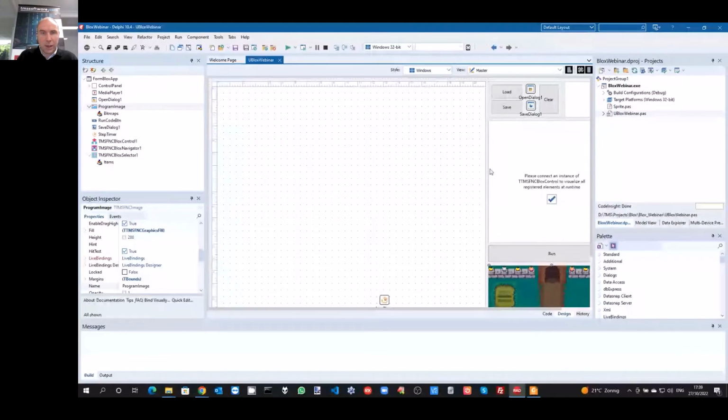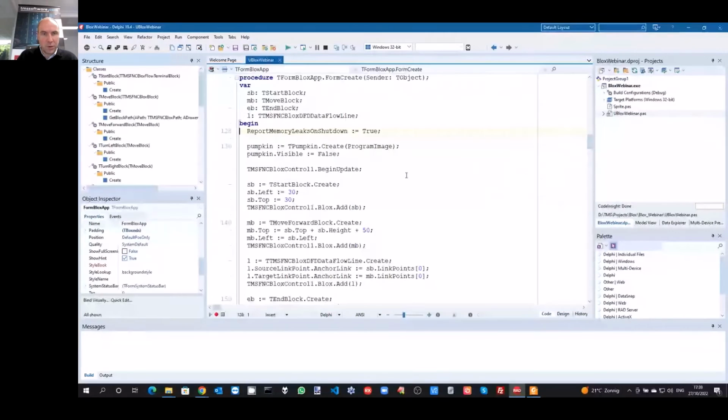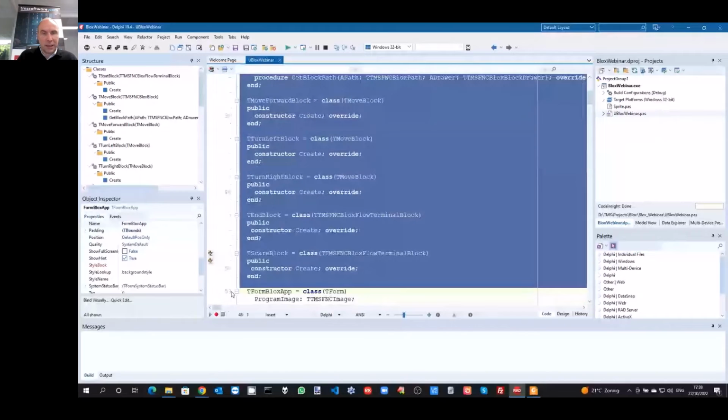If we go and have a look in the code, what is important to see here is that, first of all, this application will register some custom blocks. You can see here that we have a couple of custom blocks that will be created and registered. So we have a move forward, turn left, turn right, an end block, a scare block.